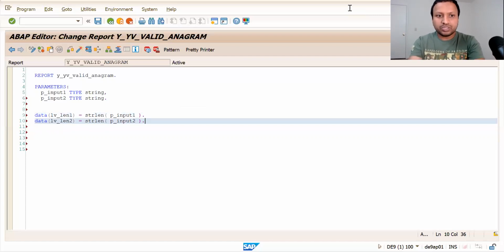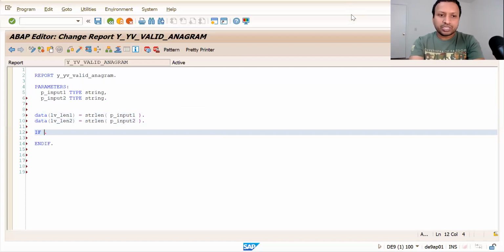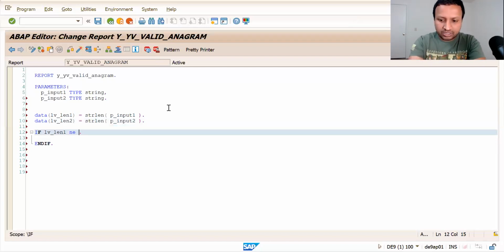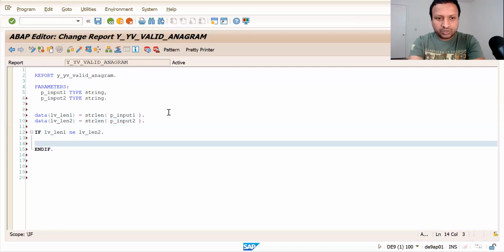First I need to check whether both input string lengths are equal or not. If they are not equal, I right away know that they are not anagrams, because anagrams definitely have the same number of characters. So there is no doubt about it.